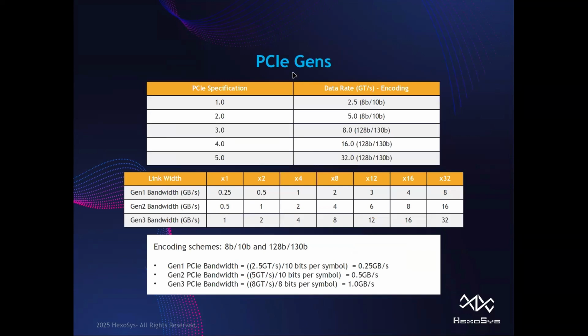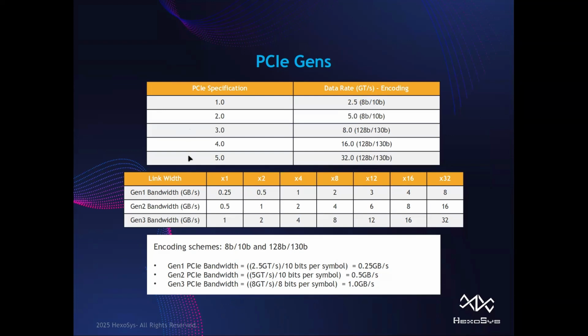Another concept in PCIe that you may hear about is the generations of PCIe. As time goes on, we get faster speeds on PCIe links, which we name generations. They specify the speed of the lane in giga transactions per second. This giga transaction per second is not the actual speed of throughput or data. It only specifies the maximum capability of the link to transition between 0 and 1, and this is the maximum speed that the link can reach.